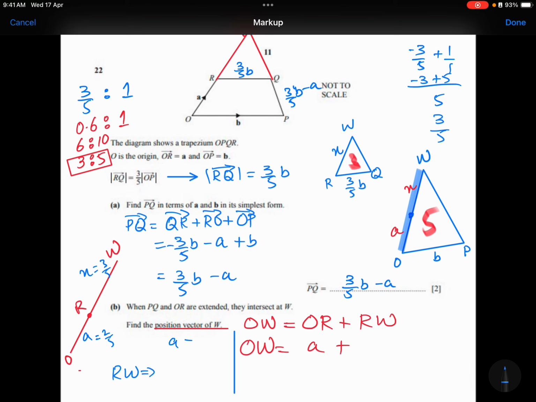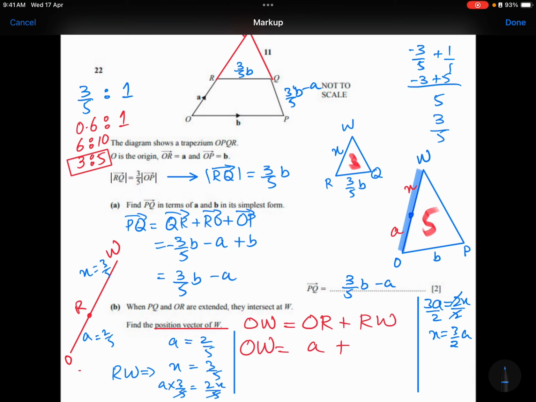So a is equal to 2 by 5 and x is equal to 3 by 5, cross multiplication. So that would be a multiplied by 3 by 5 is equal to 2x divided by 5. I can cancel the 5 straight away, so this becomes 3a is equal to 2x. There is not enough space, I will continue here. So 3a is equal to 2x, divided by 2 on both sides, so 2 cancels. So x is equal to 3 by 2 a.